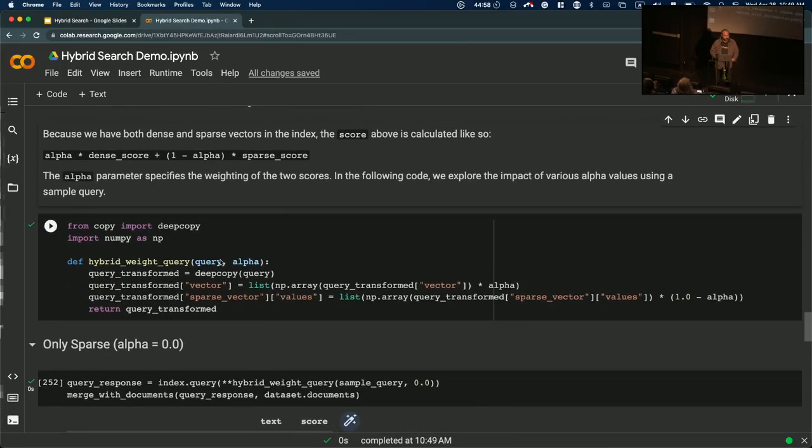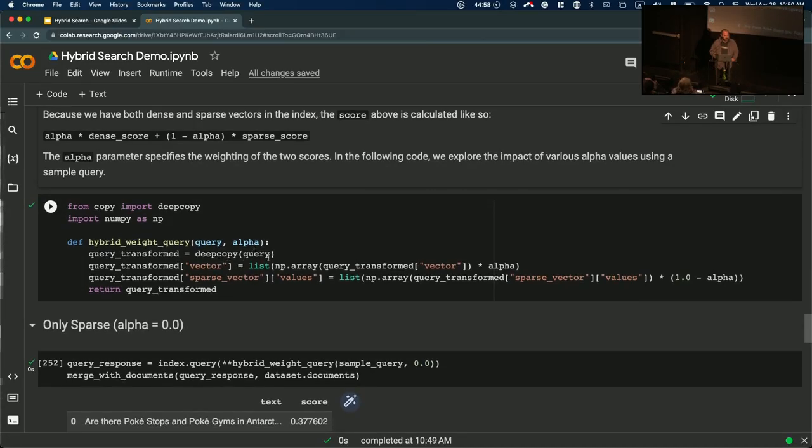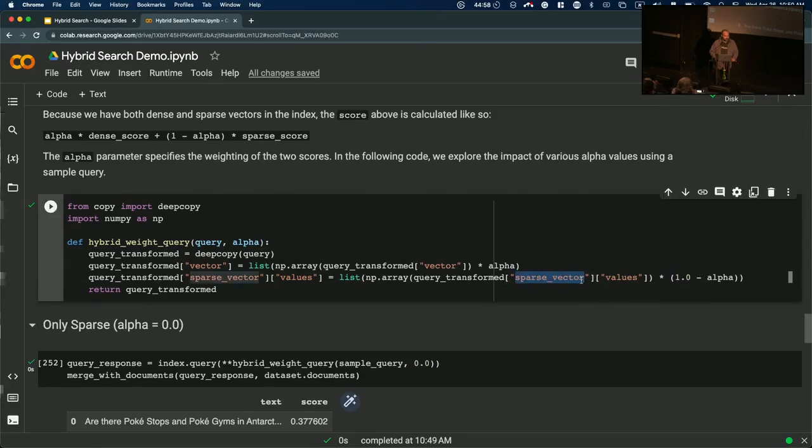Just to clarify again what happens in this weighting situation. We literally take the vector itself, right here, where we have the sparse vector values, and the dense vector values, and we literally multiply it by the weight factor that we're looking for. So the alpha is going to be, if the alpha is, for example, 0.2, then the alpha here is going to be 0.8,